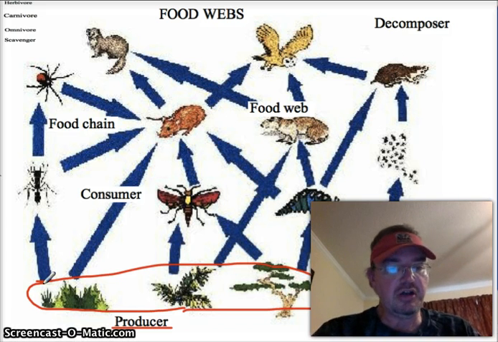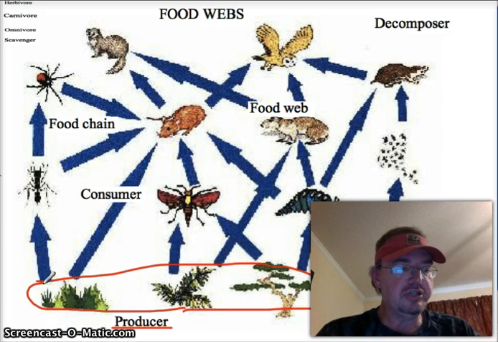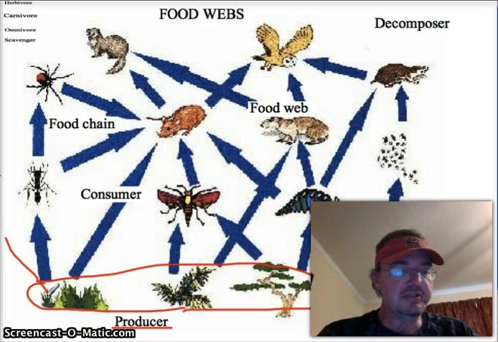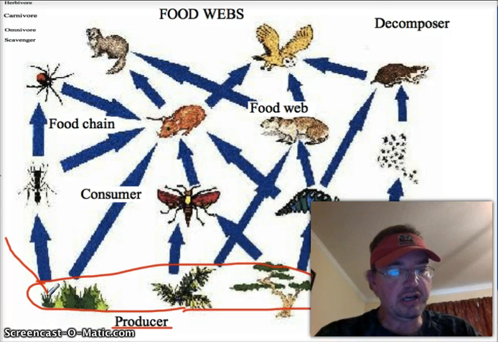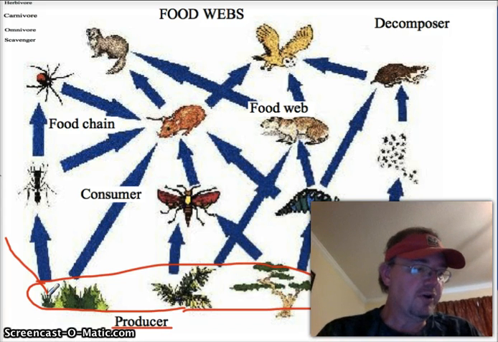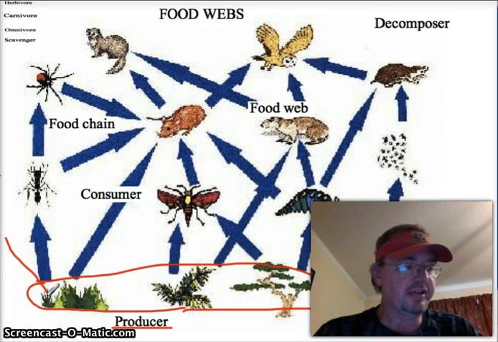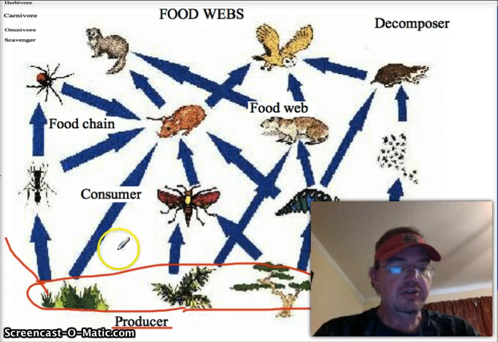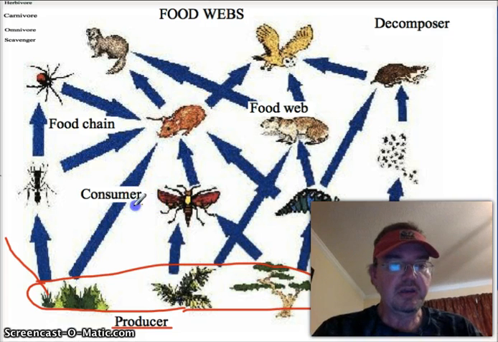And pretty much all of them are going to get their energy from sunlight. Sunlight comes in and the plant uses the sunlight along with water and carbon dioxide to make food through photosynthesis, or that's part of the equation anyway. So most producers get their energy to produce food from the sun, and that energy will end up climbing up the web to the consumers.